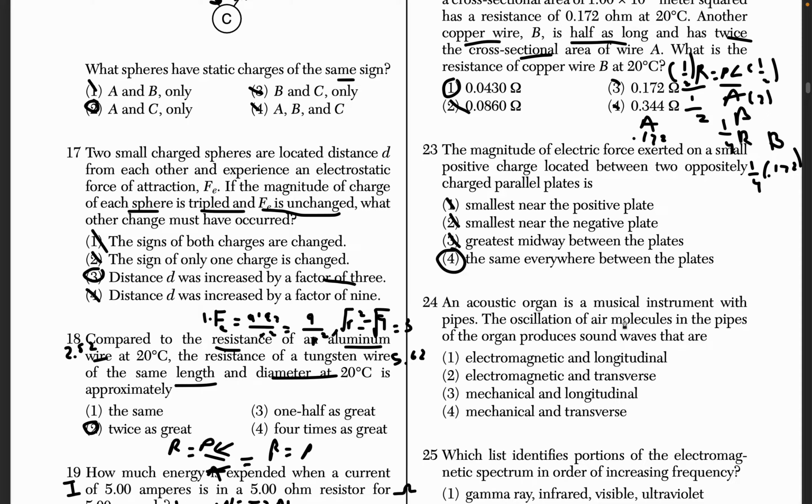The acoustic organ is a musical instrument with pipes. The oscillation of air molecules in the pipes of the organ produces sound. Okay, so this is basically a question about sound waves. So in the topic of waves, you have to know that sound waves are longitudinal and they are mechanical waves, right? They're both longitudinal and mechanical. Transverse,